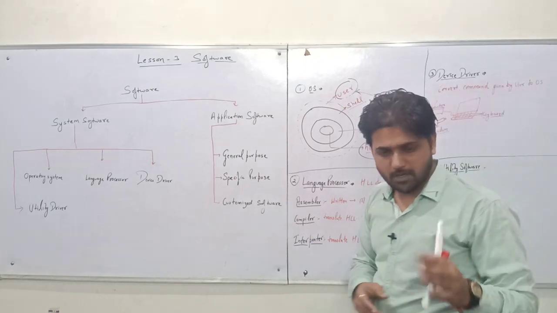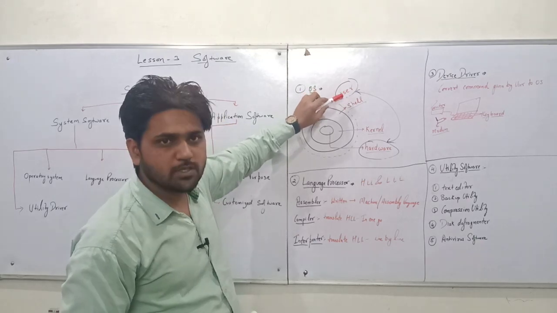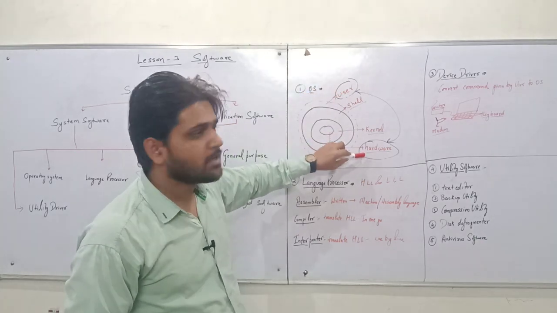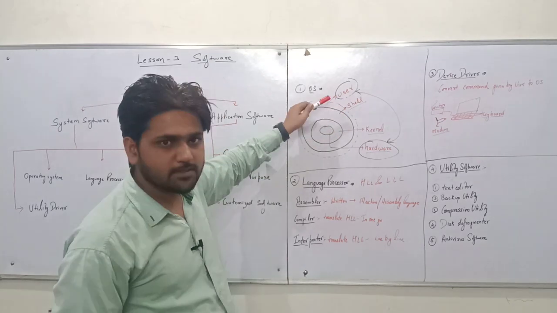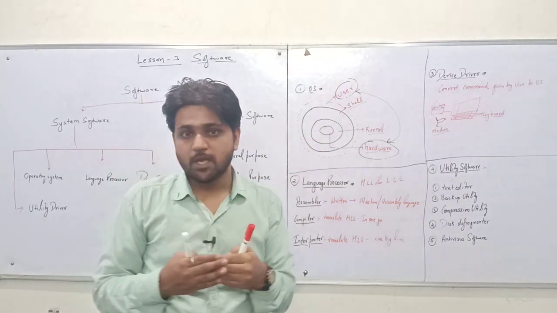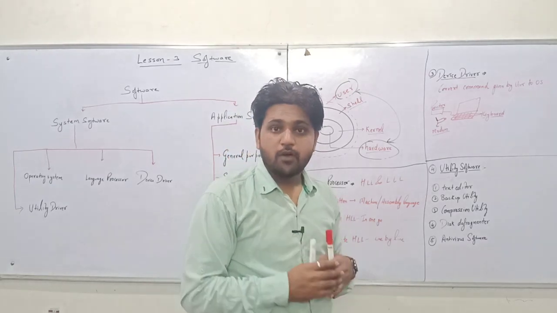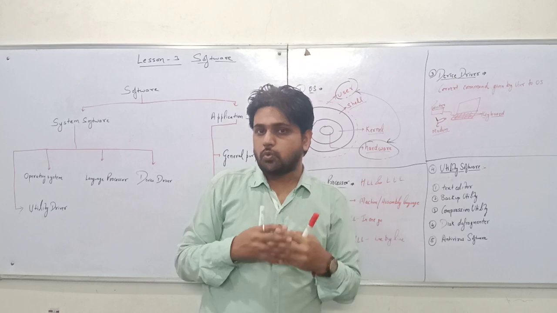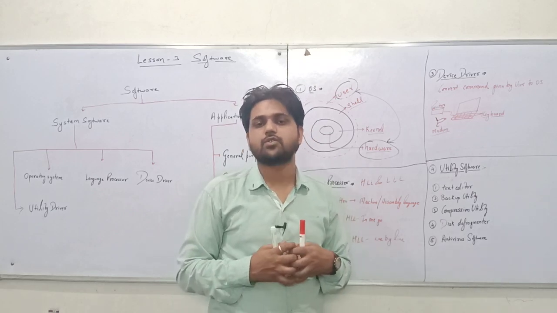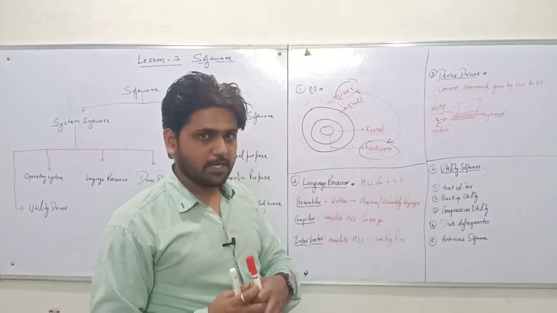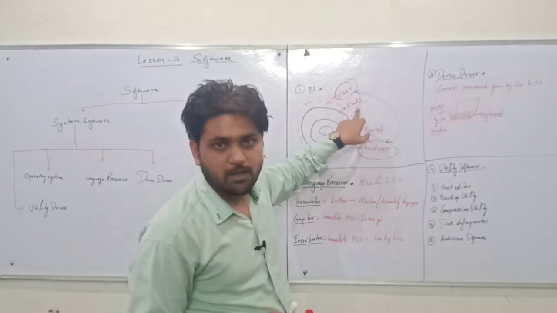Now, a thing which we are going to discuss is that the user is not going to directly interact with the hardware. There are two platforms used inside this operating system. Means the operating system has two phases. The first one is front end and the second one is back end, where front end is also known as user interface end, and also known as shell.